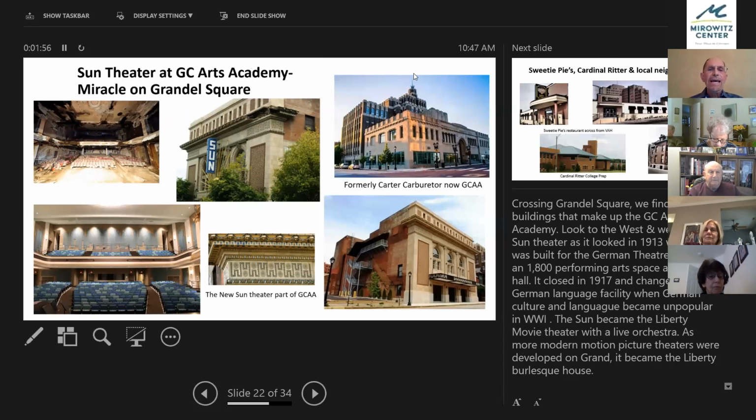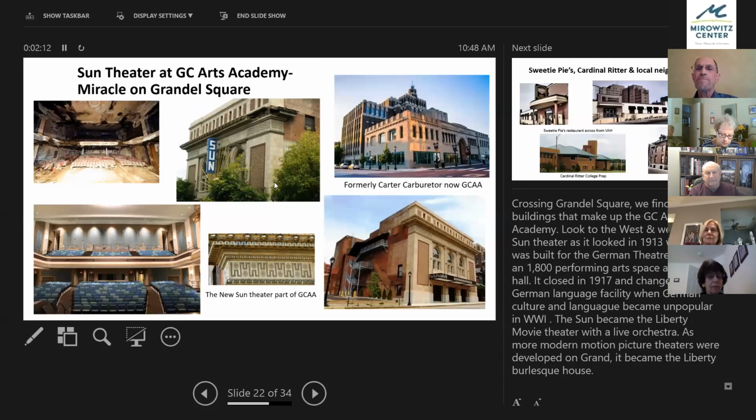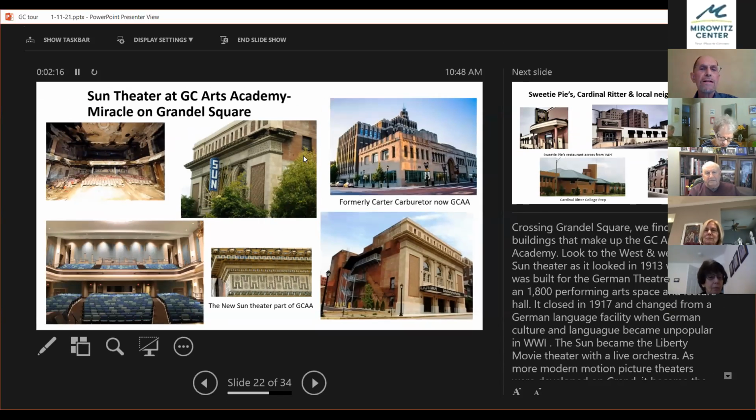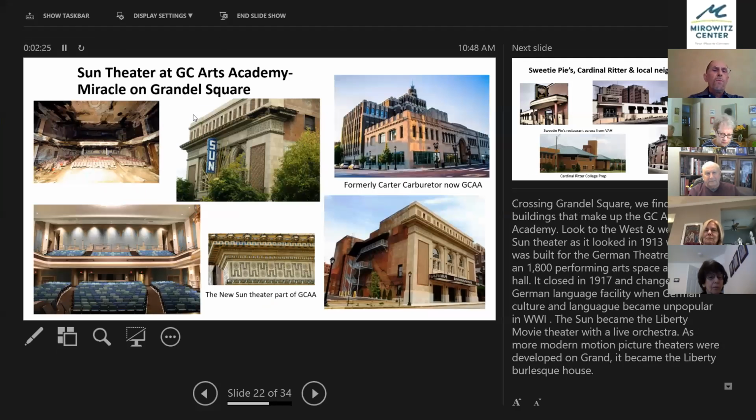This is a view of Grandel looking to the Sun Theater, the old Sun Theater, as you can see in this slide. Was a burlesque house. It was originally developed for German language vaudeville. And quickly, after the development of World War I, devolved from its original intention